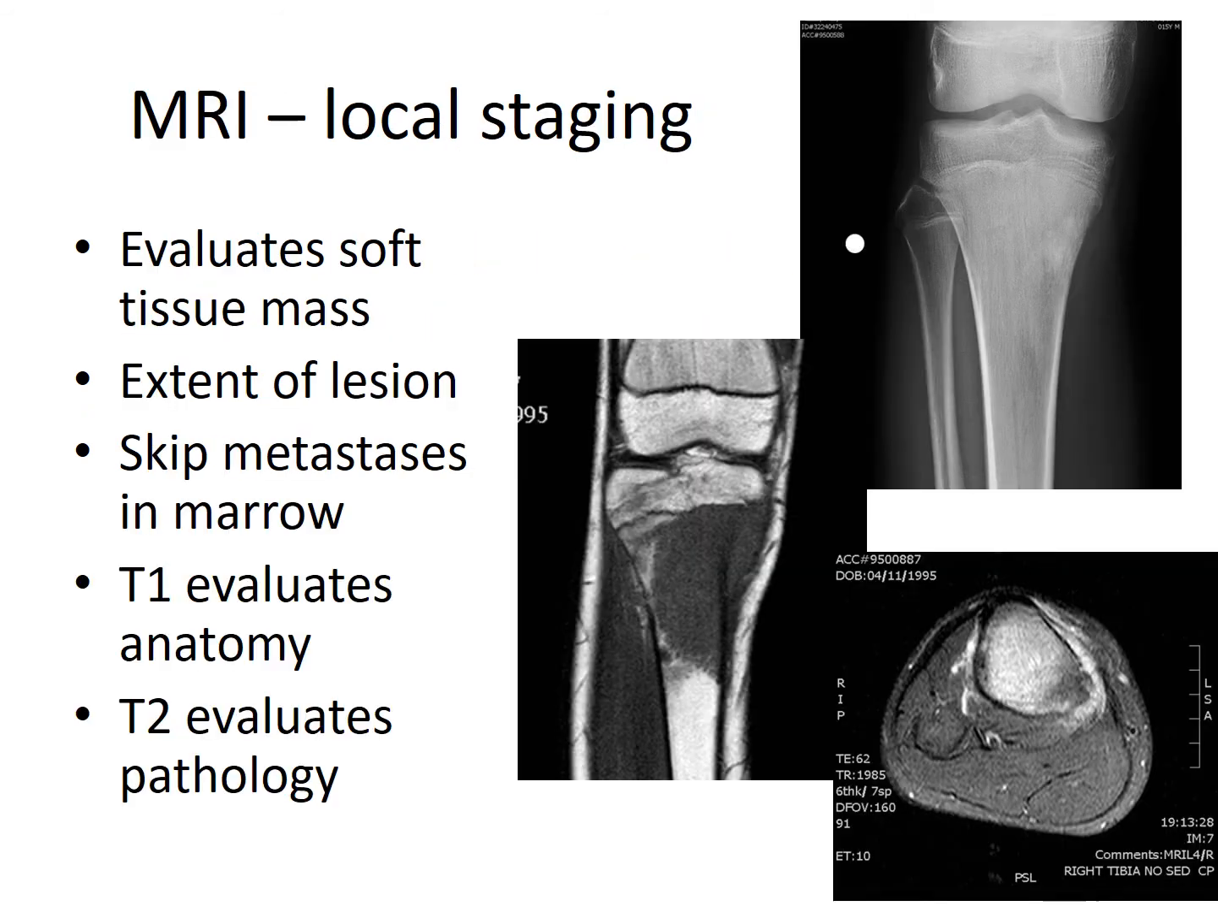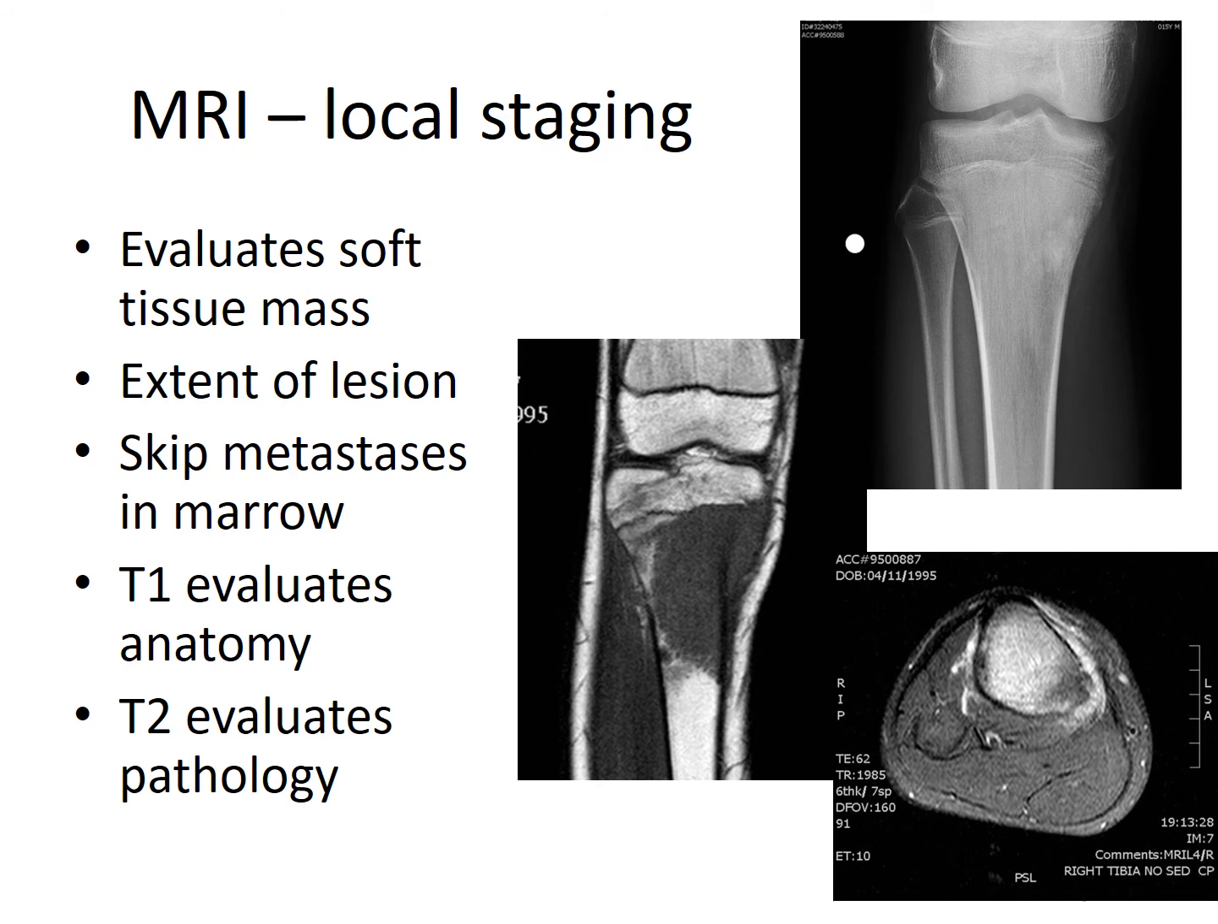An MRI scan is great for local staging because it tells you a lot more than plain X-ray or even a CT scan. It evaluates the extent of a soft tissue mass. It can tell you if there are skip mets. And we often say that a T1 MRI scan helps evaluate anatomy. T2 evaluates pathology. If you look at the plain X-ray in the upper right, you see a skeletally immature patient,